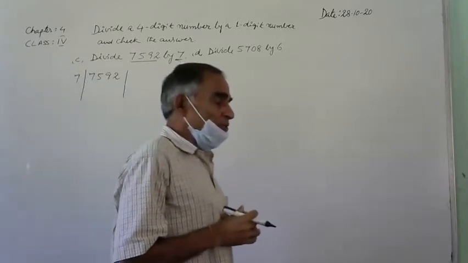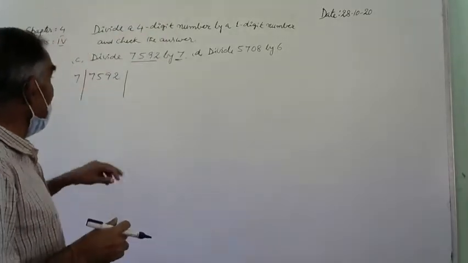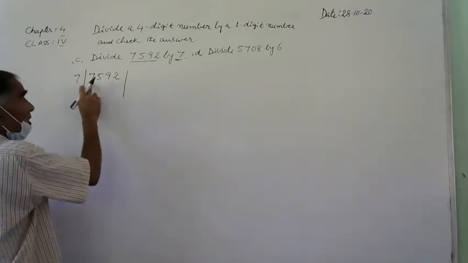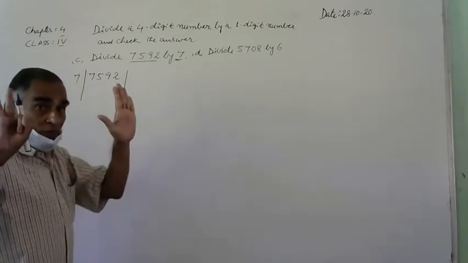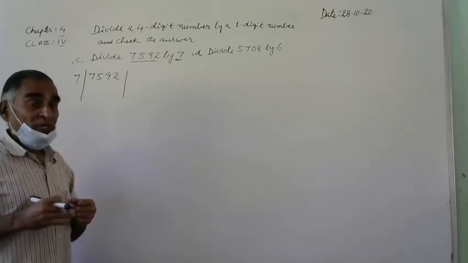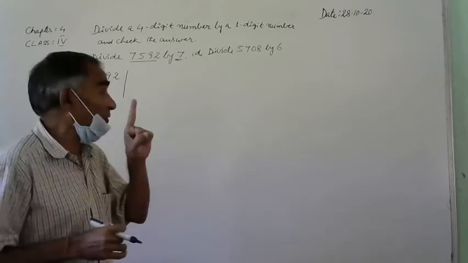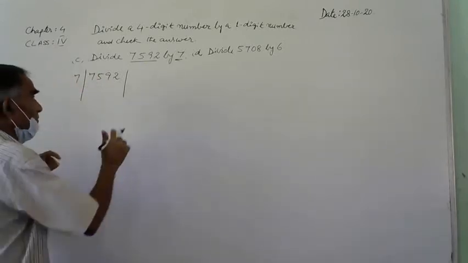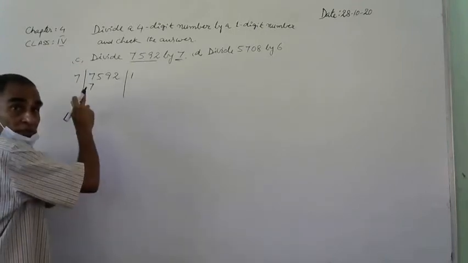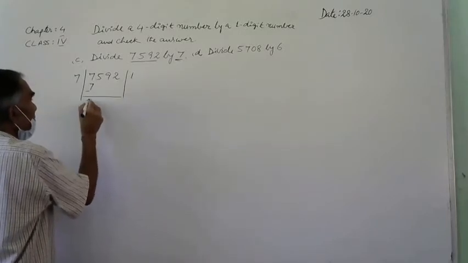Then always the division should start from the highest place. What is the highest place here? Ones, tens, hundreds, thousands is the highest. Here, how many thousands are here? 7,000. What is the divisor? 7. Both are same. Means you recite the 7 table to get 7. 7 ones are 7. Means how many 7s here? 1 seven. 7 ones are 7. You write 1 in the thousands place, write 7 below, and you minus. 7 minus 7, 0.